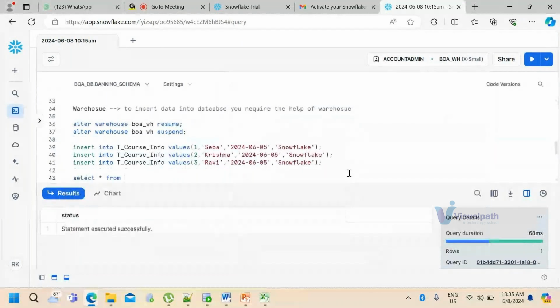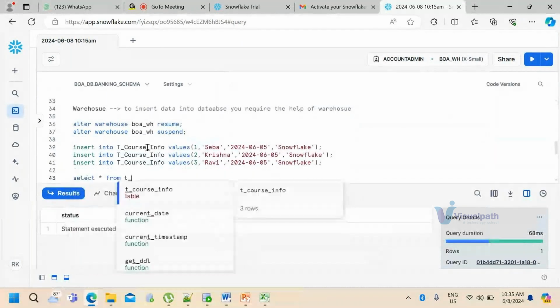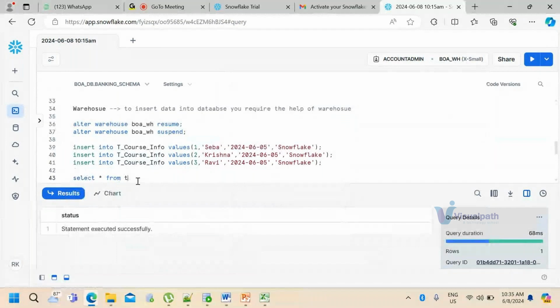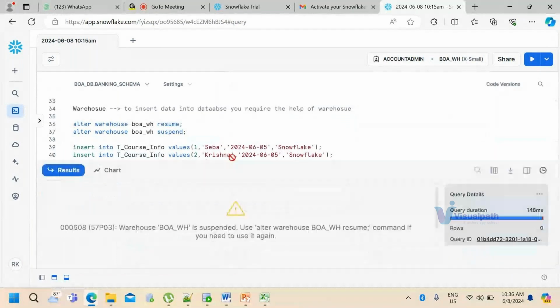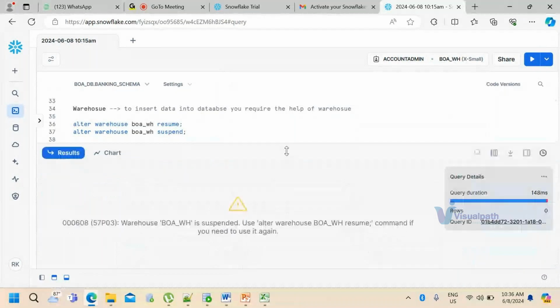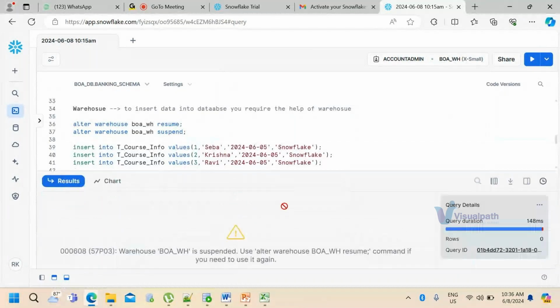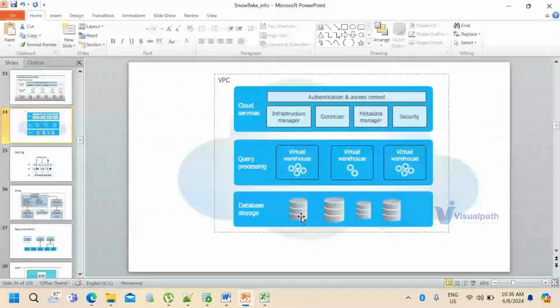Let me query the table. Am I able to query the data? The warehouse is suspended, so you cannot read the data from the database. Who is responsible? Without the warehouse's help, I cannot retrieve the data.